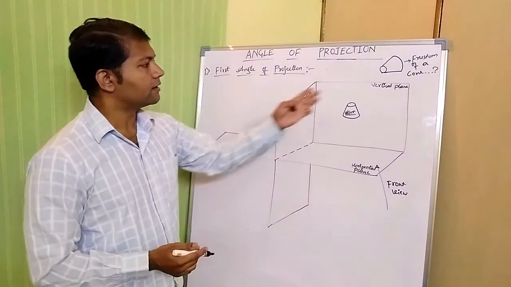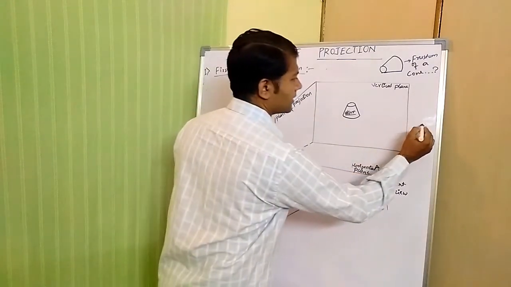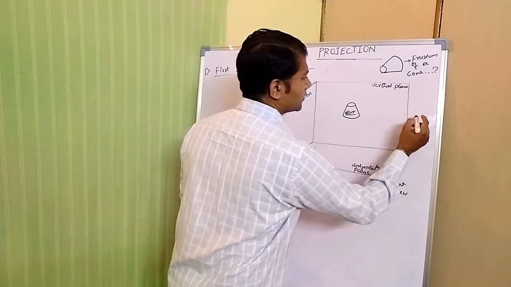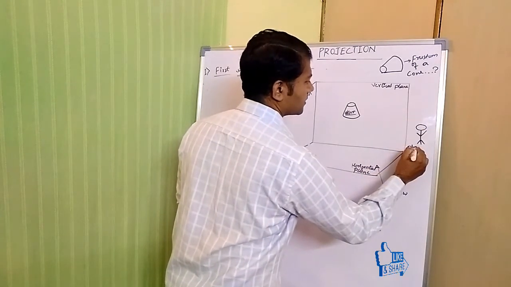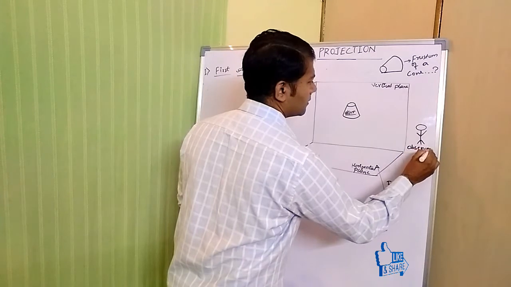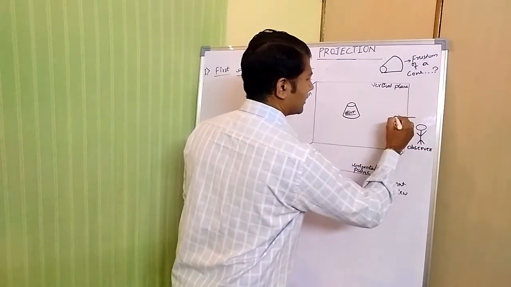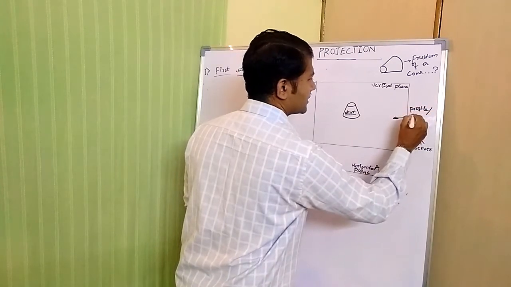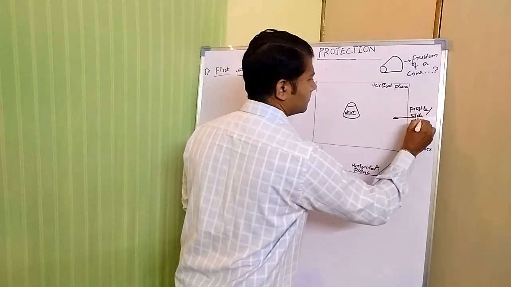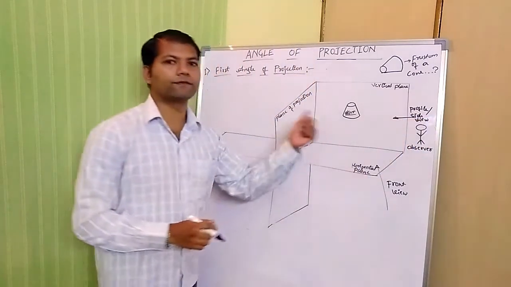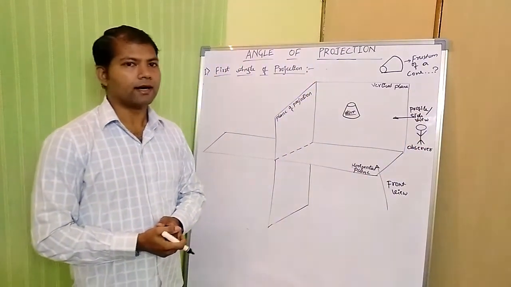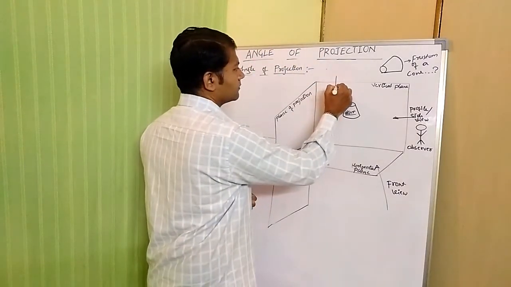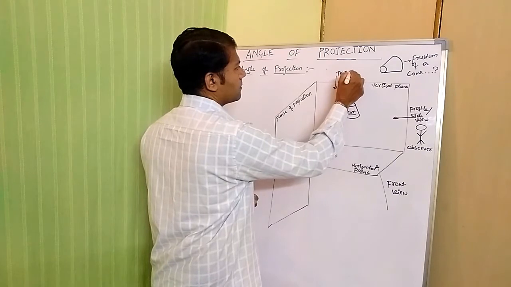Okay, and from the side I place an observer. So this is an observer. This view we can call a profile or side view, viewing from the other side. And taking one more view, that is from the top view.